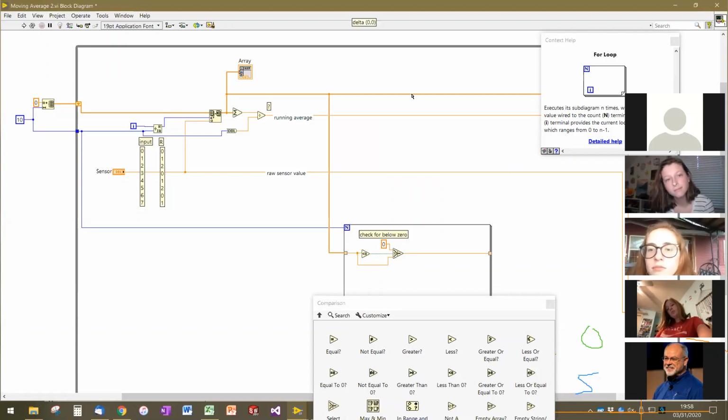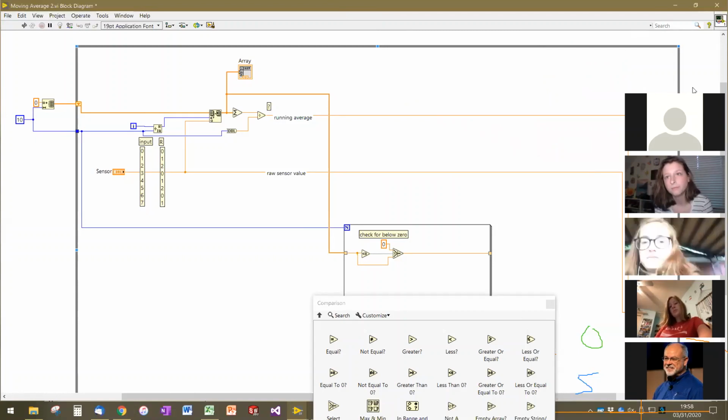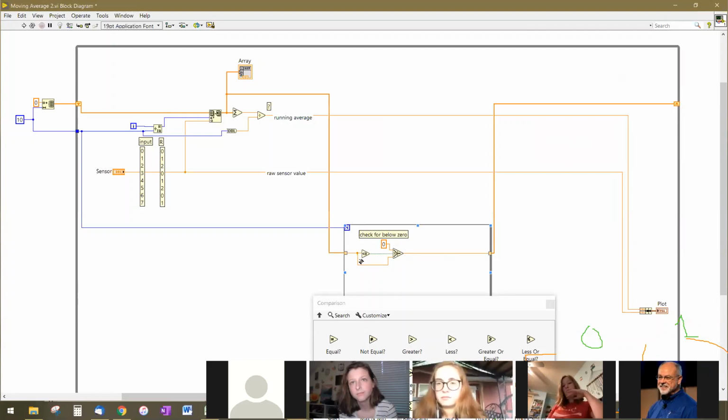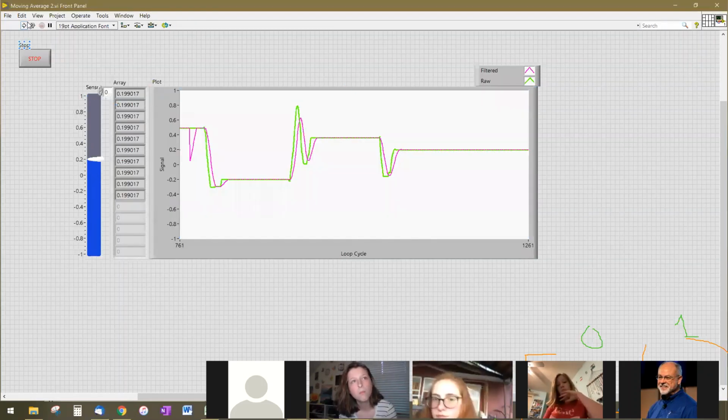And so if we disconnect this line here, and we drag this over here, you can see that again, we have a thick orange line. And so the sort of nice part is that it's going to do all of these indexing and array building operations for us automatically. So if we run this now,